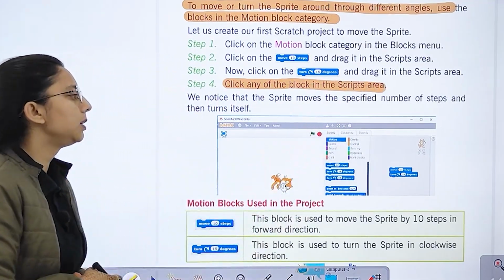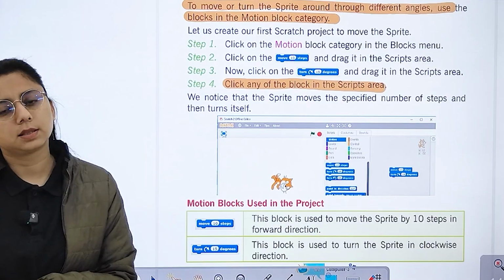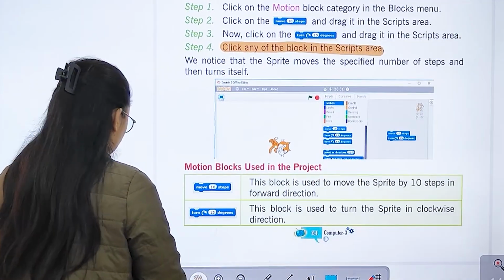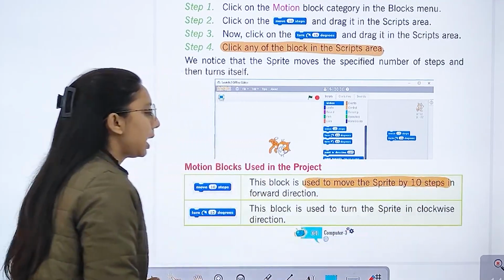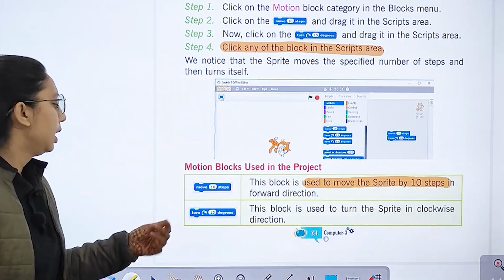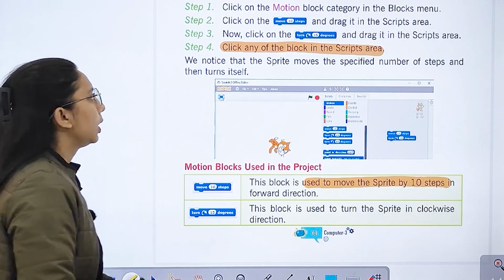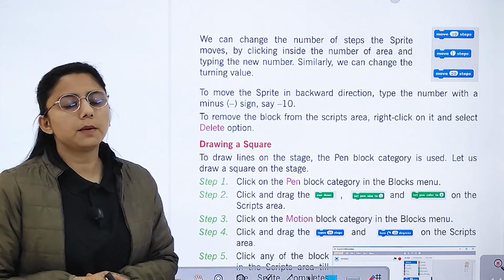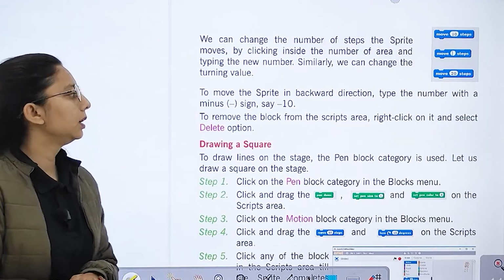You notice that the sprite moves the specific number of steps or turns itself. Now, what are the different motion blocks? Move 10 steps is used to move the sprite by 10 steps in the forward direction. Then turn 15 degrees is used to turn the sprite in the clockwise direction. We can change the number of steps the sprite moves by clicking inside the block, right?